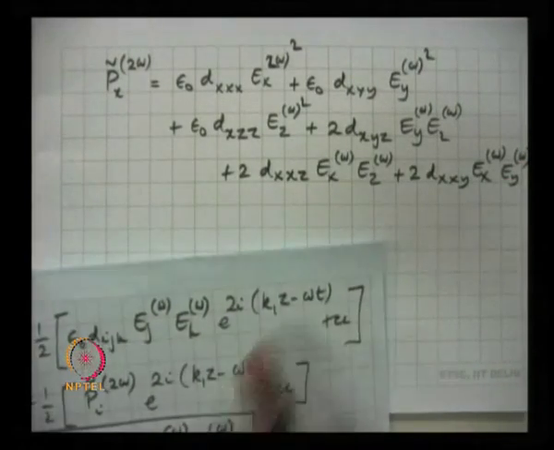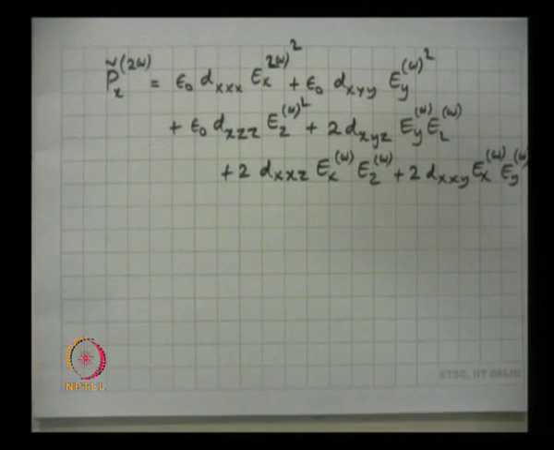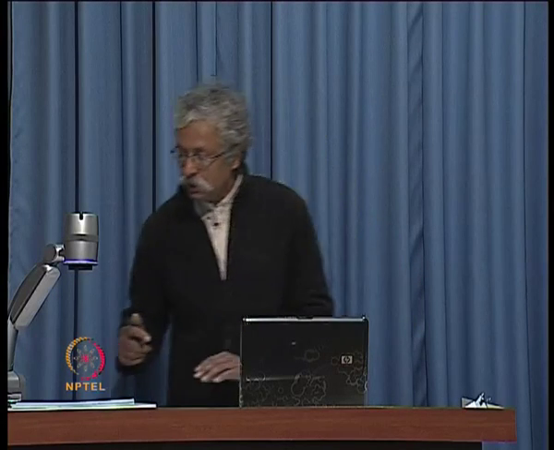There are still 9 terms. Actually, these 3 terms contain twice the number. Similarly, I can write an equation for Py tilde of 2 omega and Pz tilde. So, actually you can write this entire thing in a matrix equation,